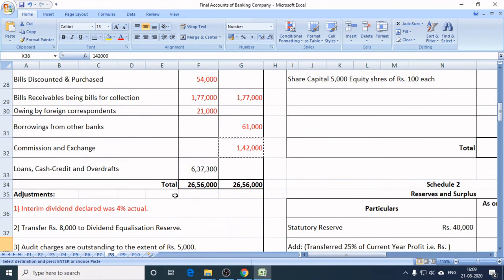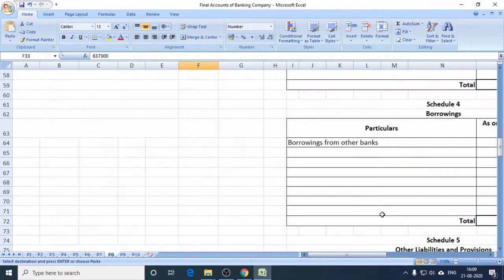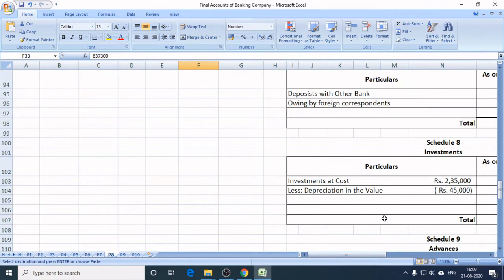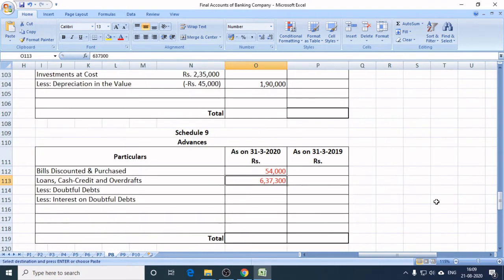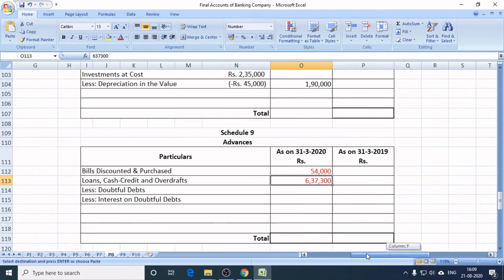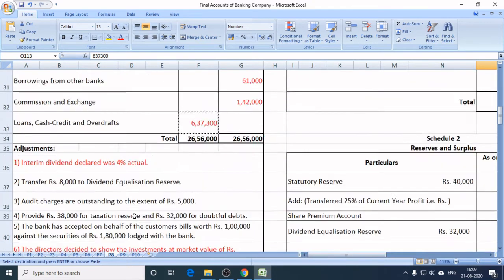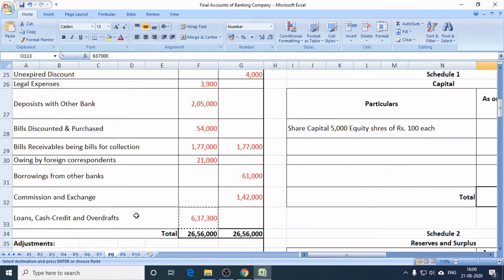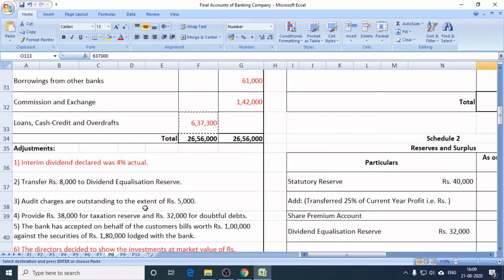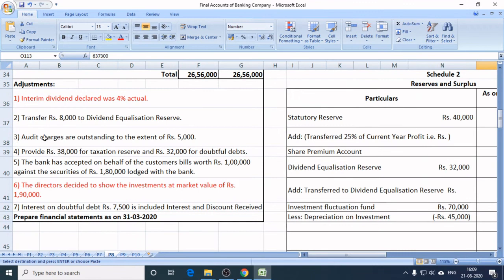उसके बाद नेक्स्ट है वी हैव हियर लोन्स कैश क्रेडिट एंड डेब्ट। इसका बैलेंस है डेबिट और इसे हमें दिखाना है शेड्यूल नंबर 9 में, that is advances। So I'll show it under schedule number 9 advances। So loans, cash credits and overdrafts 6,37,300। Now I think I'm done with the particulars। Okay, now let's discuss in detail all the adjustments।